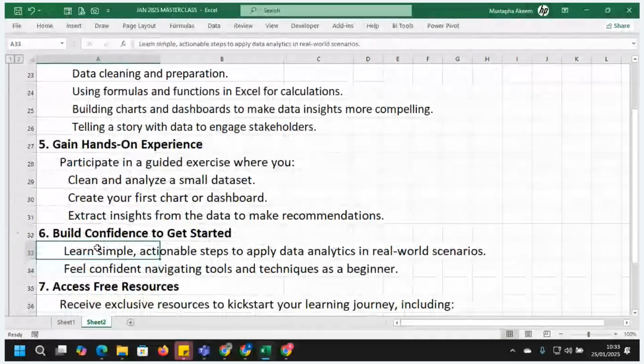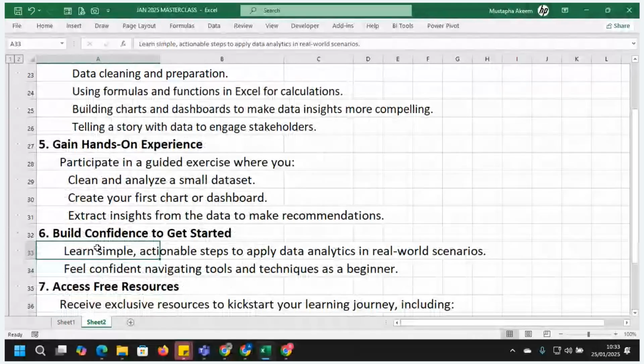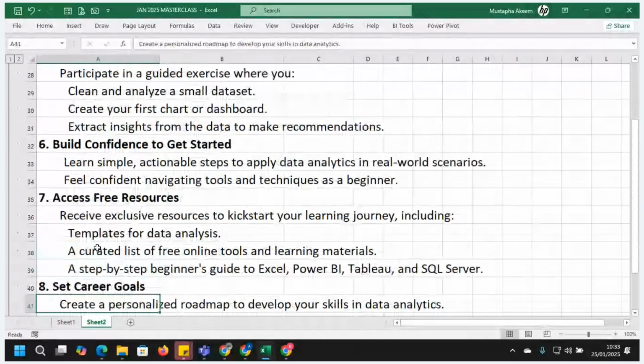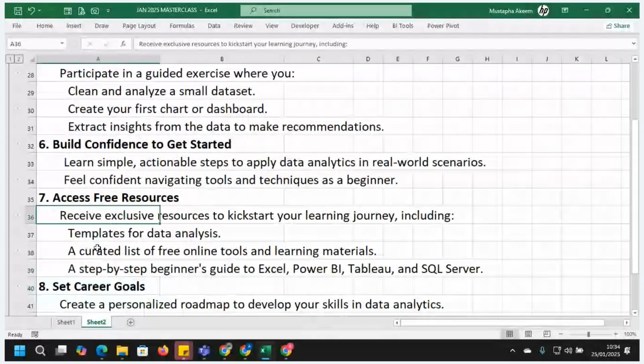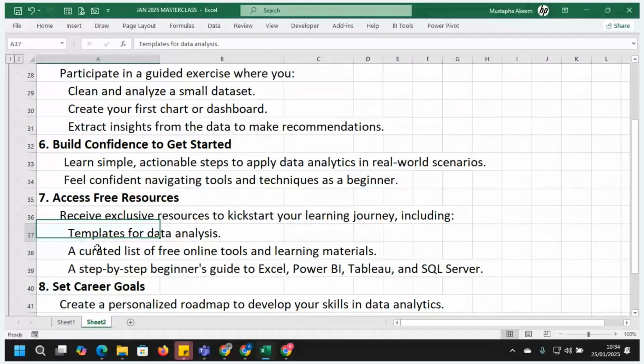So we learn how to use simple and actionable steps to apply analytics to build confidence. By joining our class, you have access to exclusive resources to start your learning.